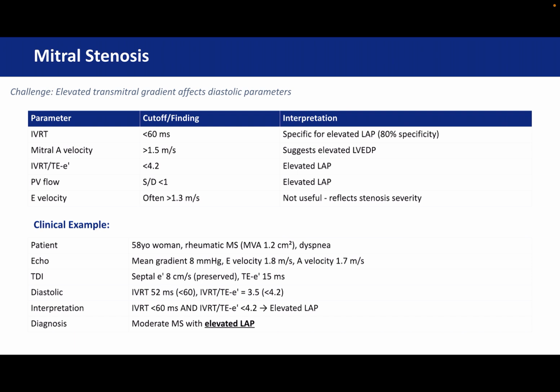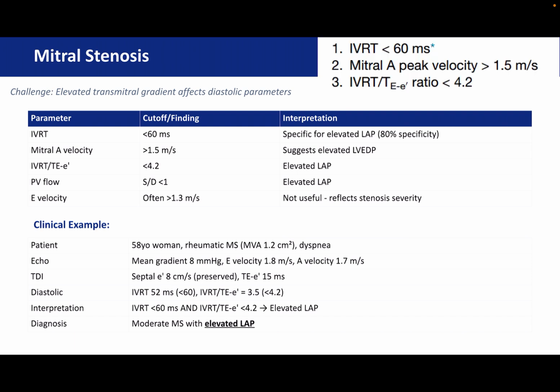Mitral stenosis. Mitral stenosis presents the opposite problem from MR. The obstruction at the valve level makes all transmitral velocities artificially high. Parameters that do work in mitral stenosis: